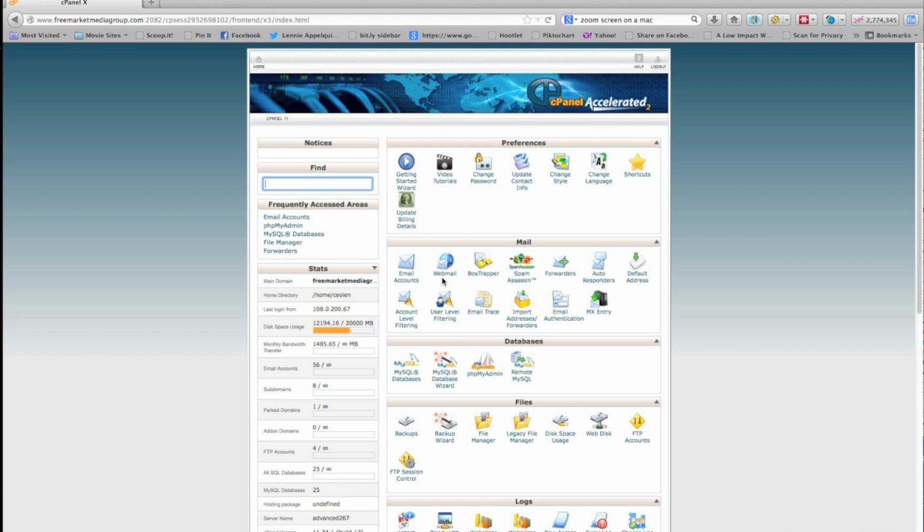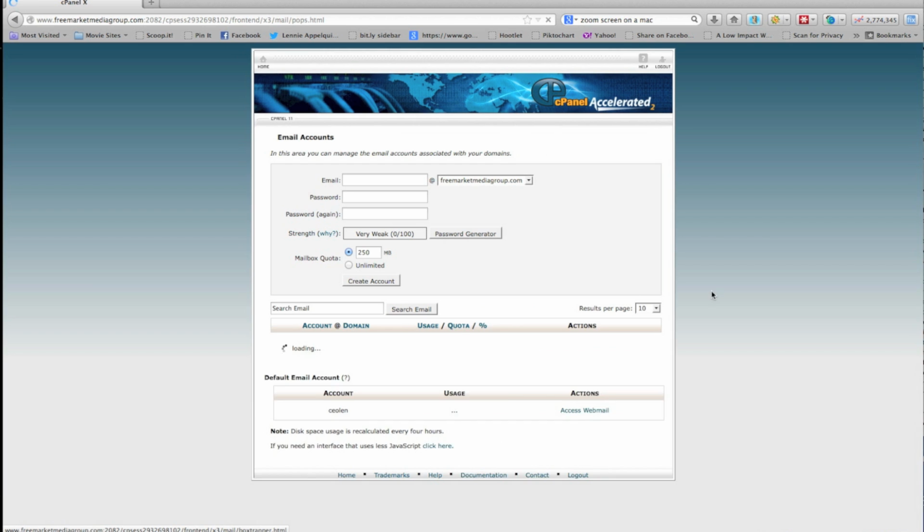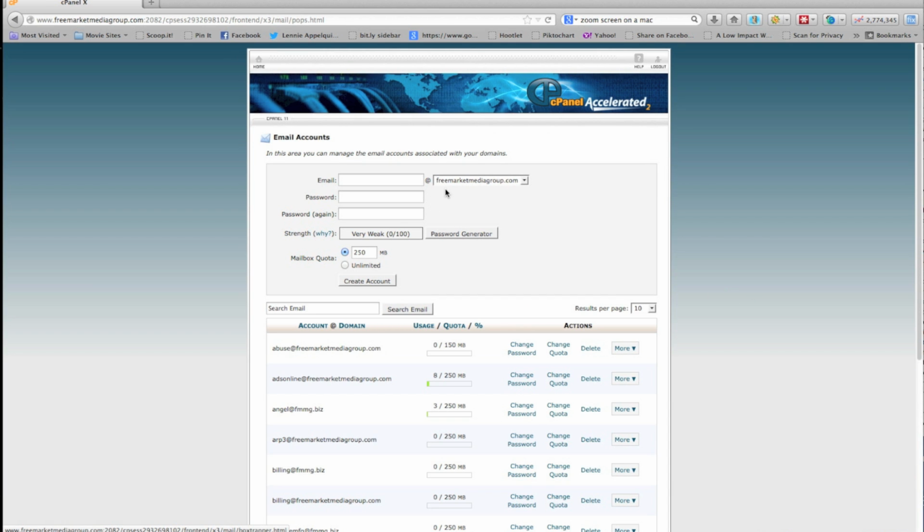And now we're in your cPanel, so we're going to go to email accounts, and I have a lot in here. If you only have one domain, it will just be the one. I'm actually going to add it to a different domain here, and I'm just going to make it temp, because I'm going to delete it when we're done. But now for password, one thing I want to say is